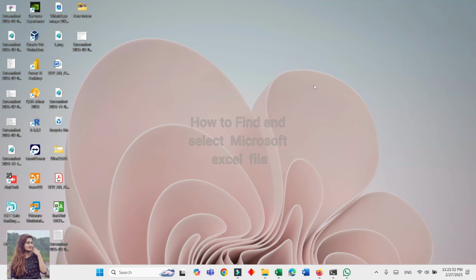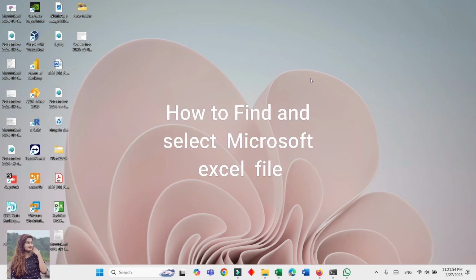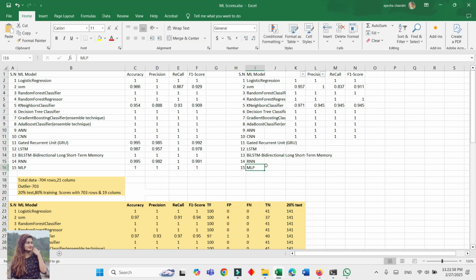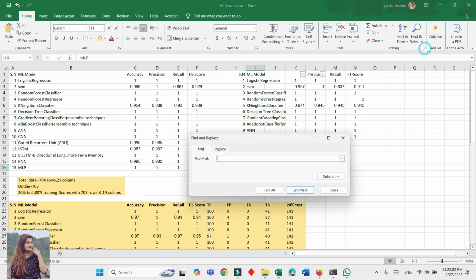Today in this tutorial I am going to show you how to find and select Microsoft Excel files. So for this case we will go to the Microsoft Excel file. So this is the thing, and we will do the find and selection. So here is the find. So how? So we will find